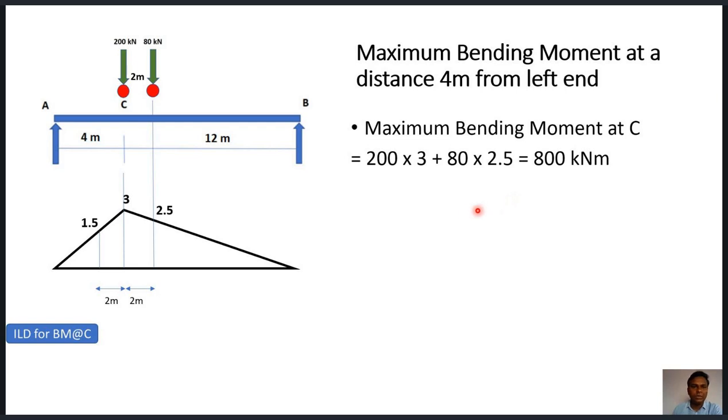So this is all about the application of influence line diagram when it is subjected to moving loads. In this video we discussed moving loads, especially a point load and a pair of point loads. In the next video we'll be discussing when a simply supported beam is subjected to a uniformly distributed load. When a moving load is a uniformly distributed load, how to find out again maximum reactions, maximum shear forces and bending moment at a section, we will discuss in the next video.